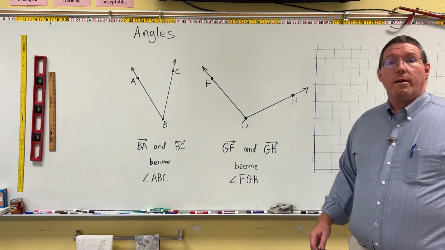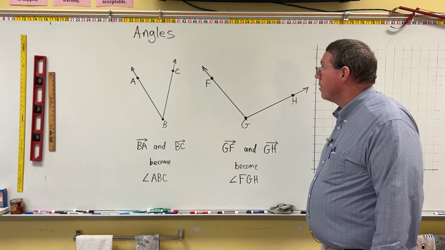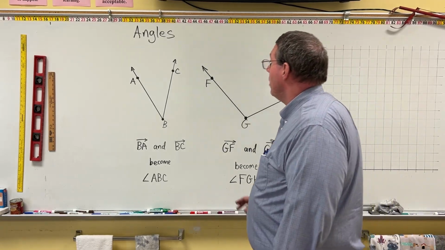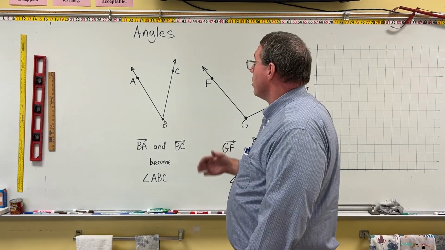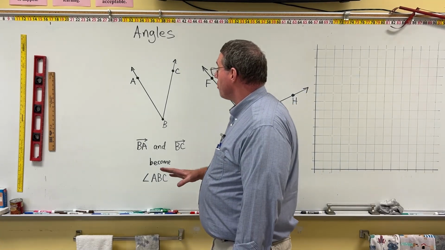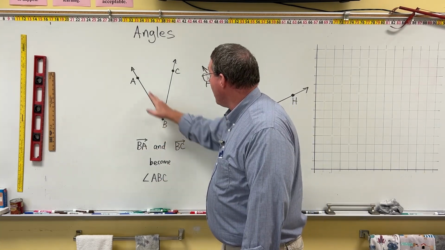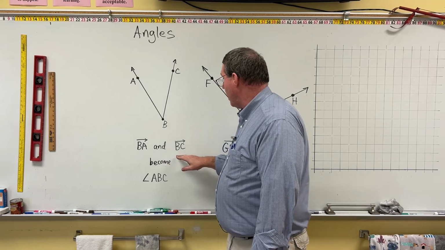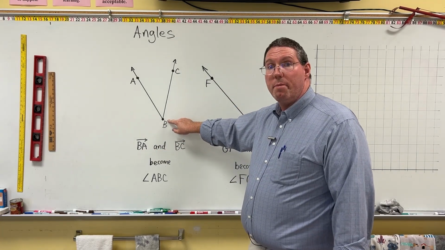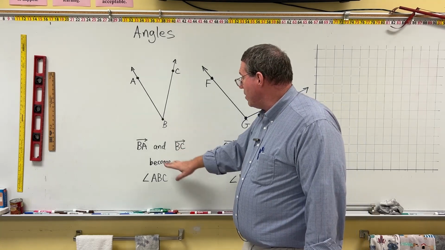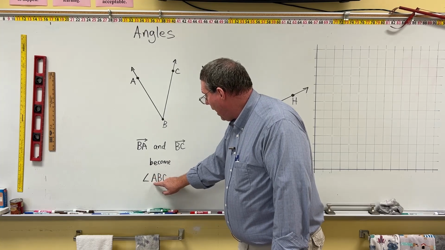Now that we understand intersecting points, we can talk about angles. Very simply, an angle is a geometric object that's created by two intersecting rays. So here we have ray BA and ray BC. The two rays intersect at point B, and at point B they become angle, that's the symbol for angle, angle